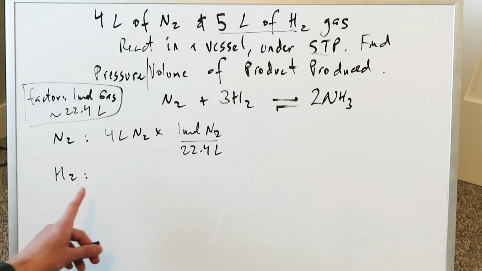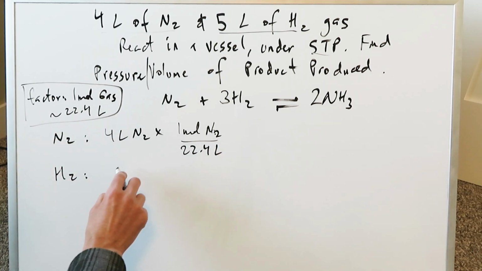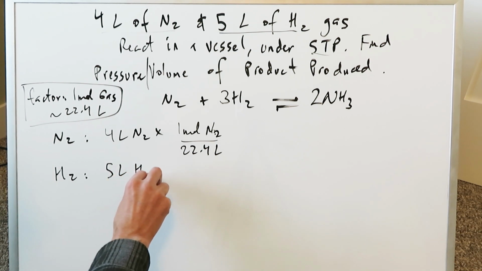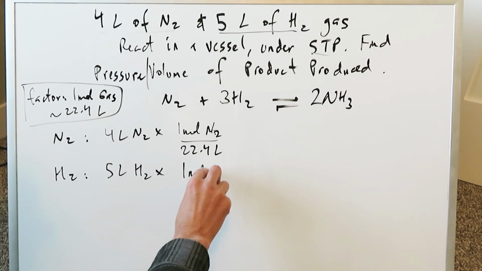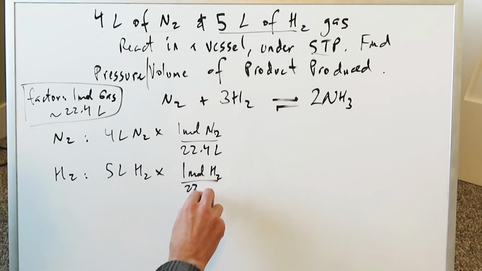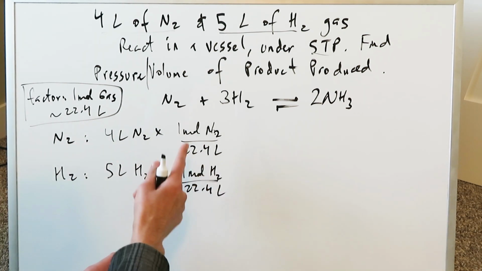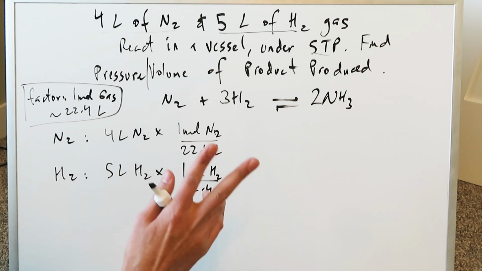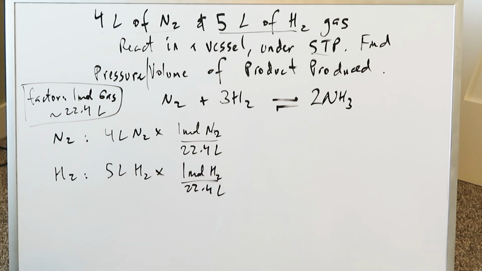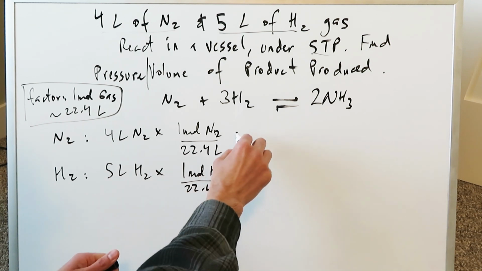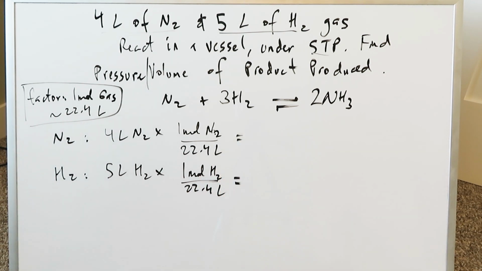Now look at the same conversion in terms of hydrogen gas. You have 5 liters of hydrogen gas and you have this 1 mole of hydrogen gas occupies 22.4 liters. These are diatomic molecules, N2, H2, they're diatomic, meaning they're made of 2 atoms, but they're still a single entity. Look at each of these and this will tell you the moles. The one with the smaller moles is your limiting reagent. You'll do for nitrogen 4 divided by 22.4. You get here